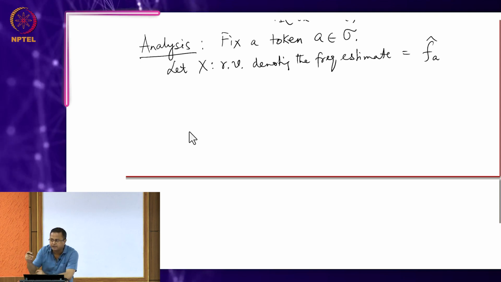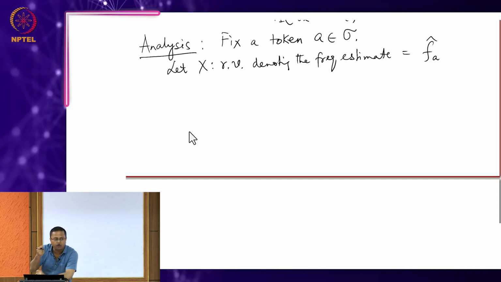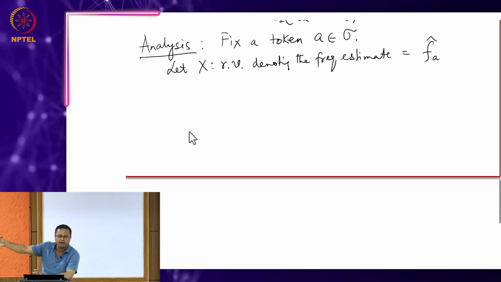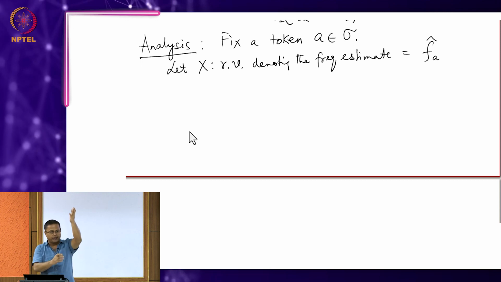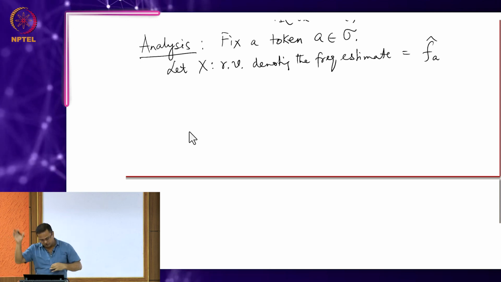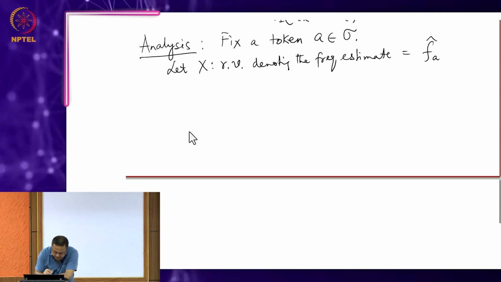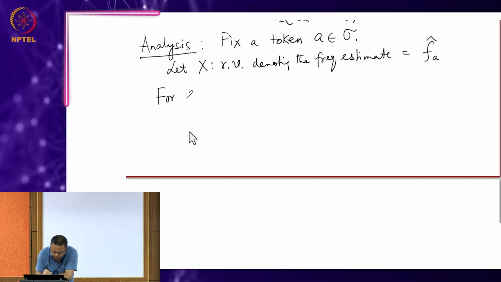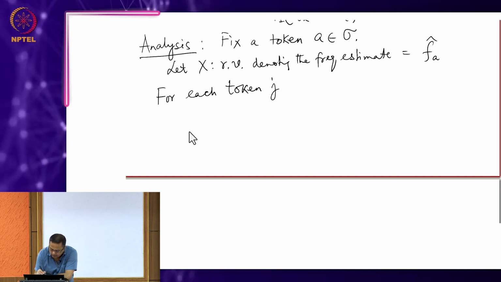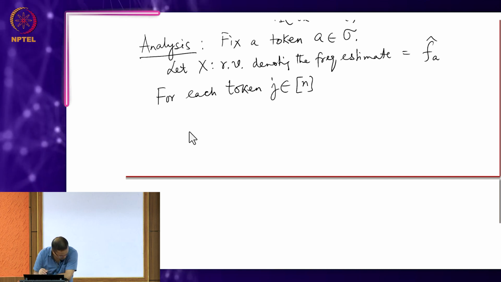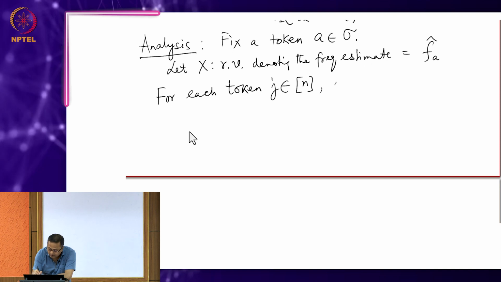Now I fix an indicator random variable for all other tokens apart from A, which is equal to 1 if the hash value goes to A. The rest are all 0 because I do not need their contribution. So, for each token j in n, so let